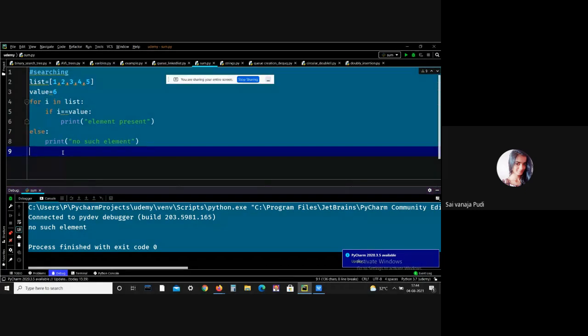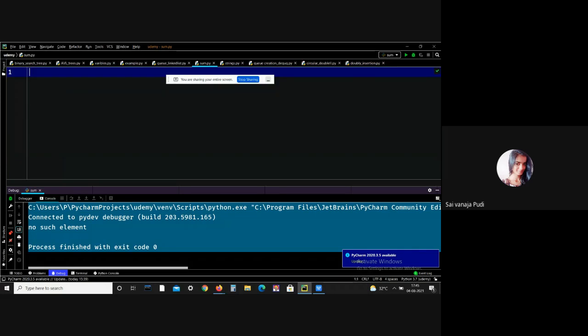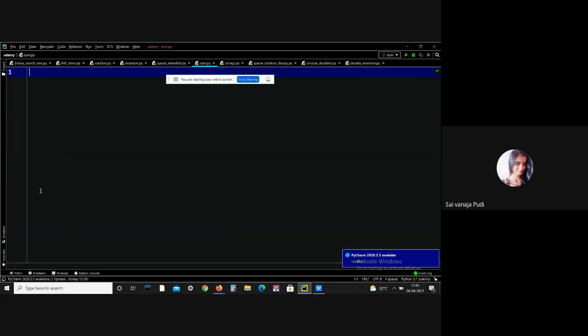The first operator is repetition, which enables the list elements to be repeated multiple times. I have already explained repetition in strings. Let me explain again.